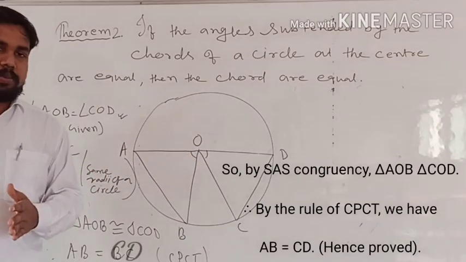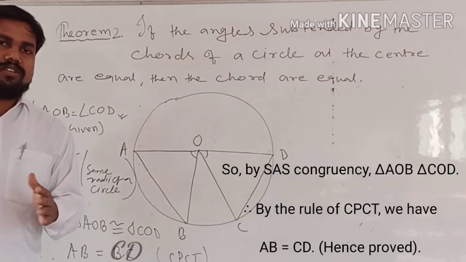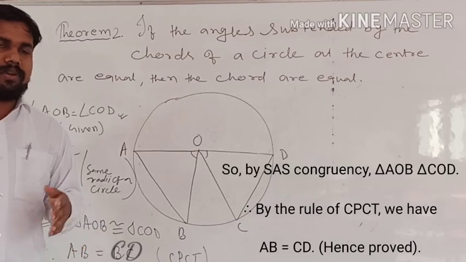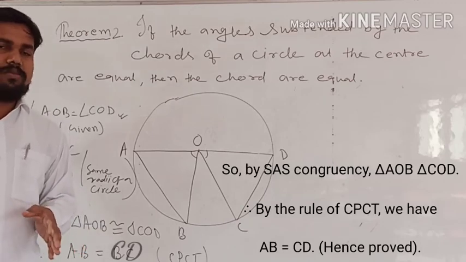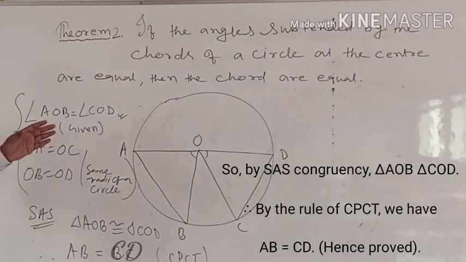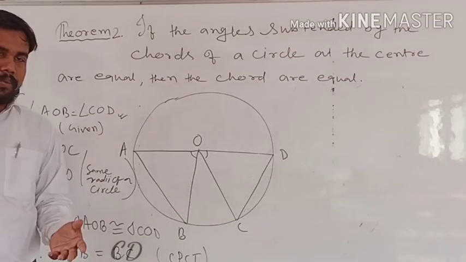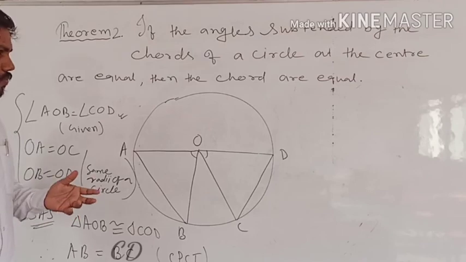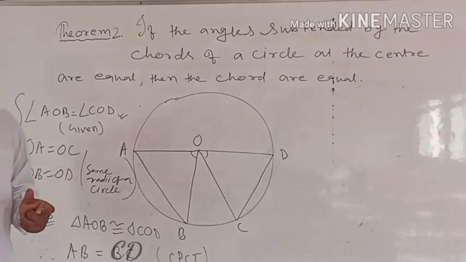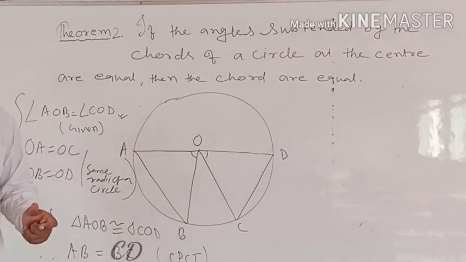This is why I explained at the beginning of the previous classes the congruency of triangles, and we revised it, right? So revision is the most important thing. Before learning something, you have to revise first so that it will be easy to understand the concept. Okay. So these are the two proofs which we have in this exercise, exercise 10.2.